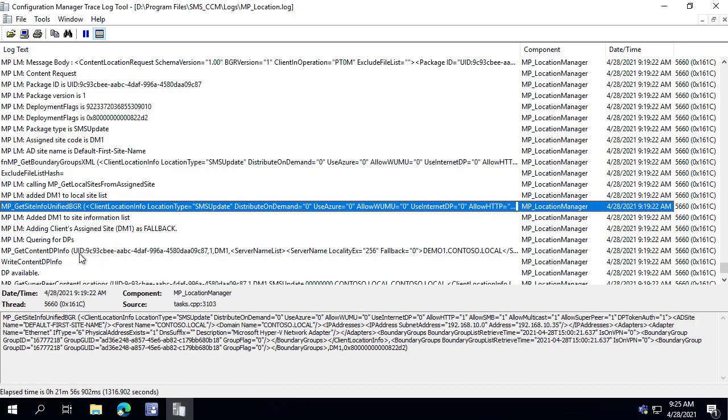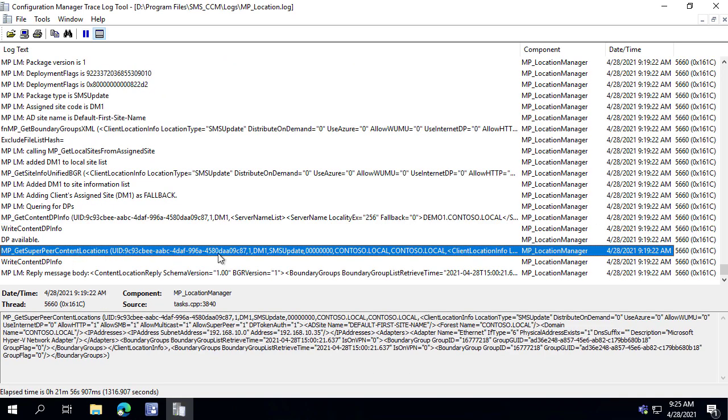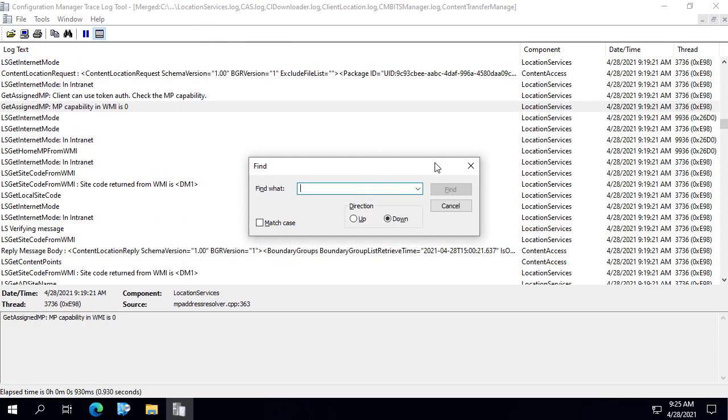And then there's some other bits that do get checked. Maybe it's checking if there's super peers or branch cache, but for right now, we're focusing on a client to distribution point scenario. And ultimately, you do get a content location reply. And in this case, it's working, right? We have a boundary. We've got a healthy client. We've got a distribution point. It's distributed correctly. Everything is happy. So here's our client location reply,